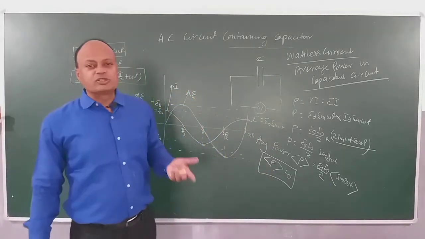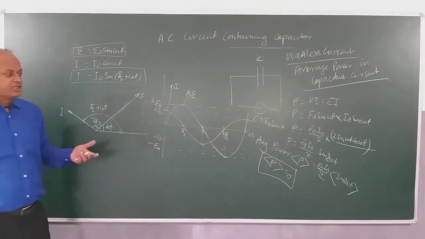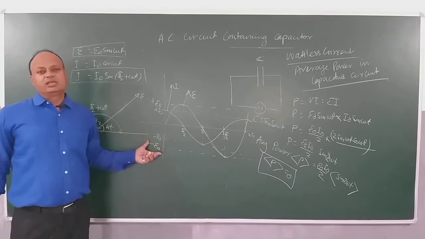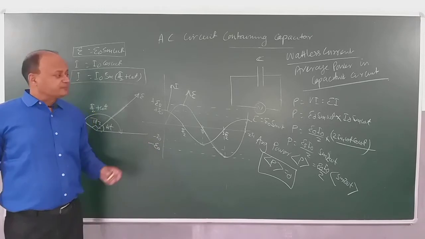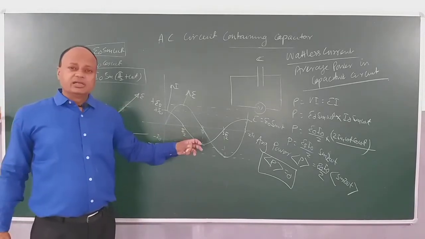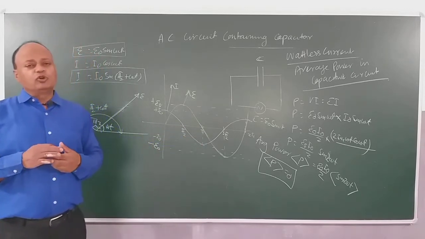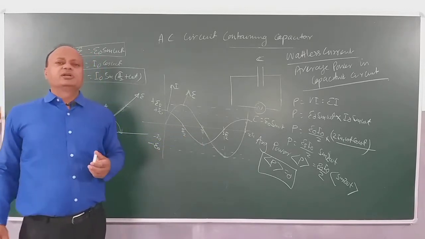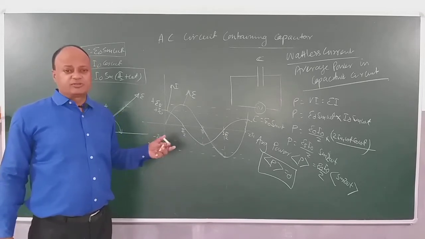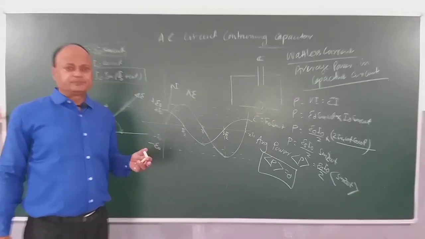So this circuit is a good circuit for storing energy, will not dissipate any heat, and therefore it cannot do any work at all. So children, once you understood the concept of average power dissipated, we will go a little bit more for the discussion of capacitive reactance, how exactly it behaves. Okay, capacitive reactance.